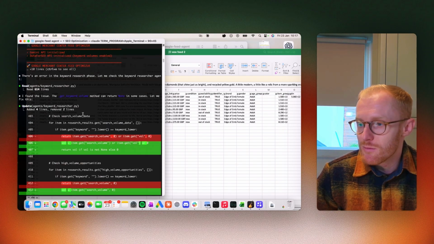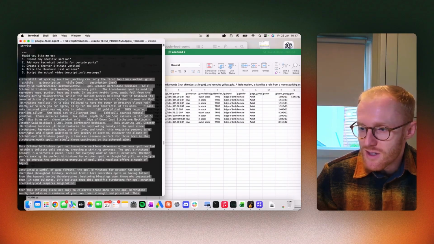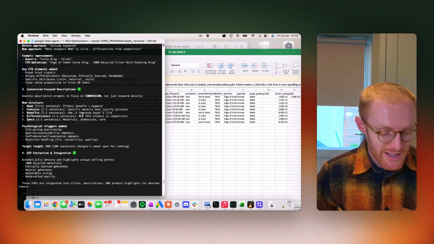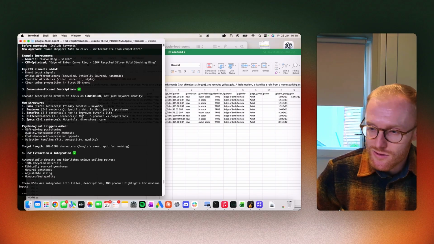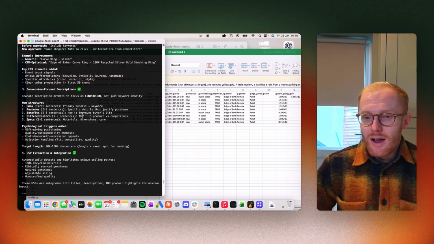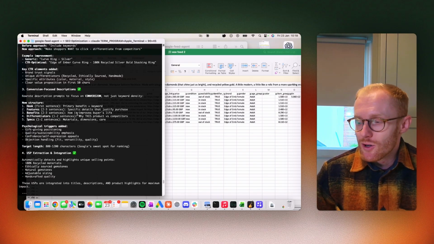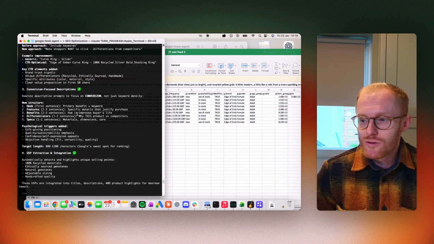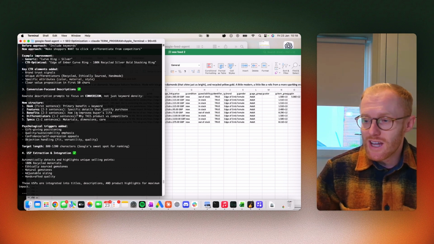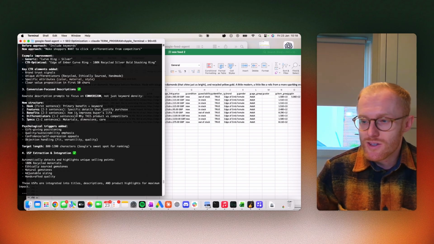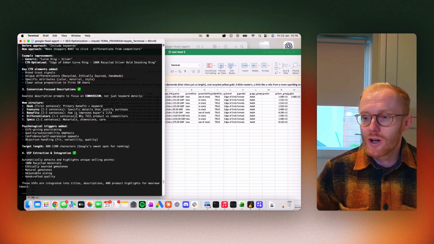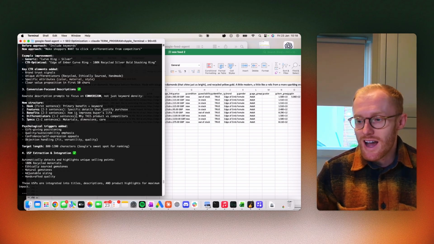You can see here that we've been running this a few times to get it perfect. We had to go through getting the perfect title structure in, getting the perfect description structure in. We then had to set it up so that it did look at actually optimizing towards a high CTR, and we also had challenges with it not being aggressive enough, skipping over things. So there is a bit of back and forth with Claude Code in terms of getting the output exactly as